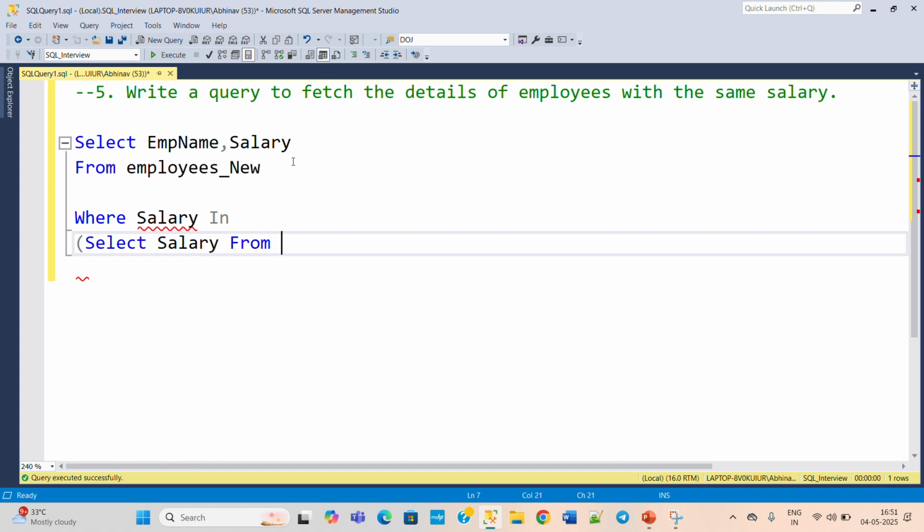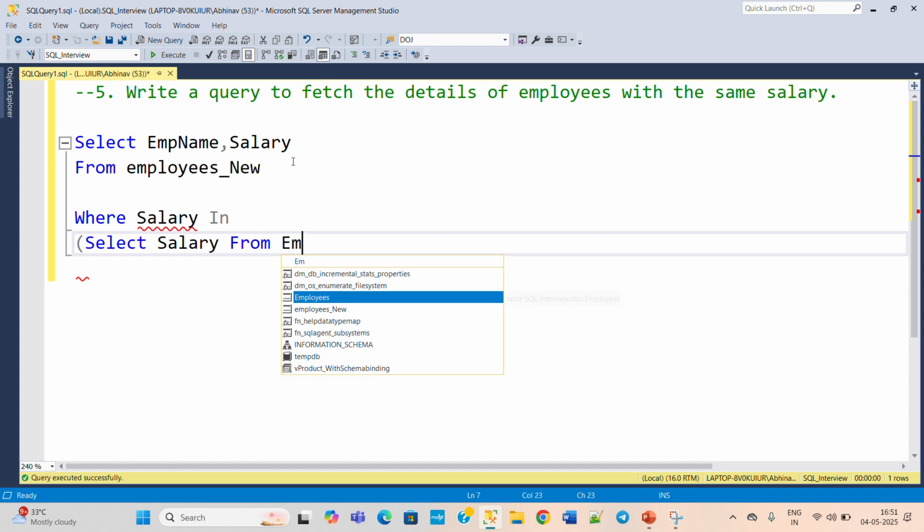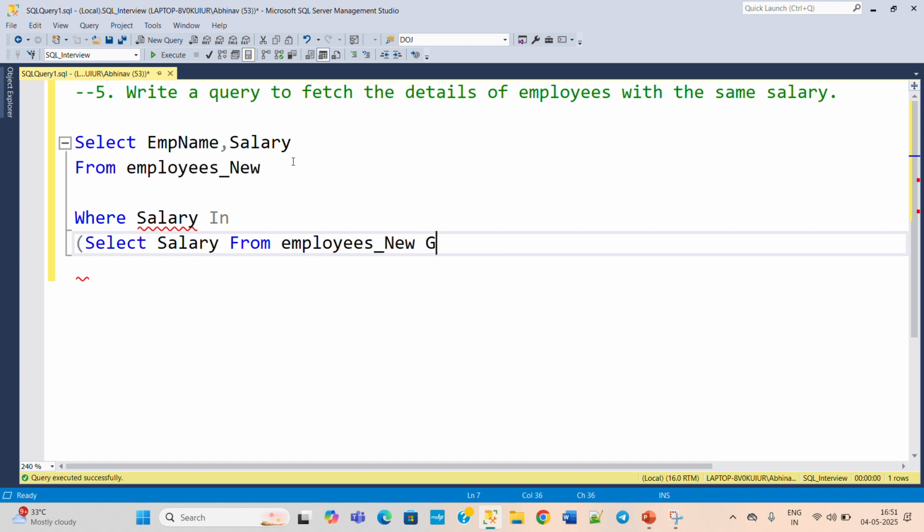salary from employee new table, and then group your result by salary because we need to check the count of salary. If the count of salary is greater than 1, then that salary we will consider, where salary in that salary which is more than 1. More than 1 means multiple employees have that particular salary. This is clear. So the subquery will return select salary from employee new table, group